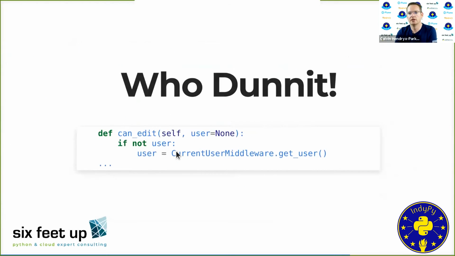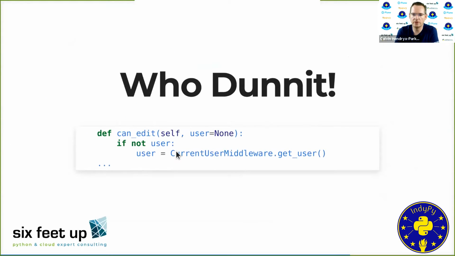Which, speaking of, a lot of times this is very common. You want to know who did what, right? Sometimes you want to know who the user is, what they're doing. I mentioned already the fact that we had to develop a custom middleware to get around this if you're running things as a management command or from the Django debug prompt, and you still want to be able to call those transitions as if you had a full-blown web request. What's nice though is there's an add-on package for FSM, and I'll get into that later, that allows us to do that quickly and easily with a simple decorator, and I'll show that in a minute.